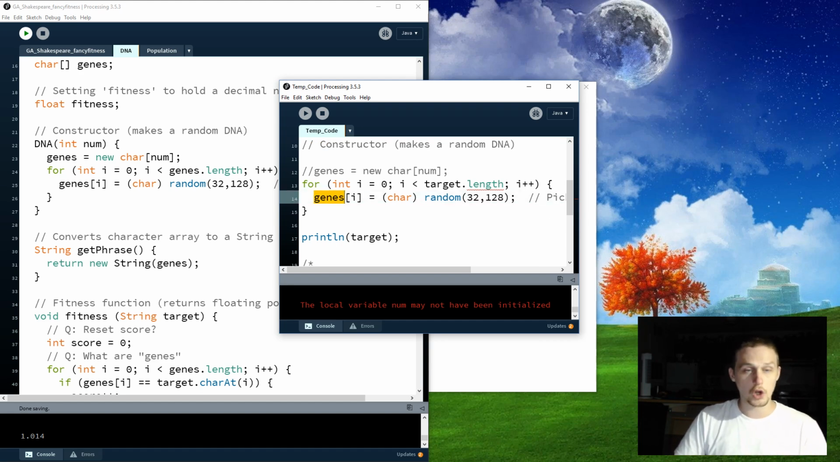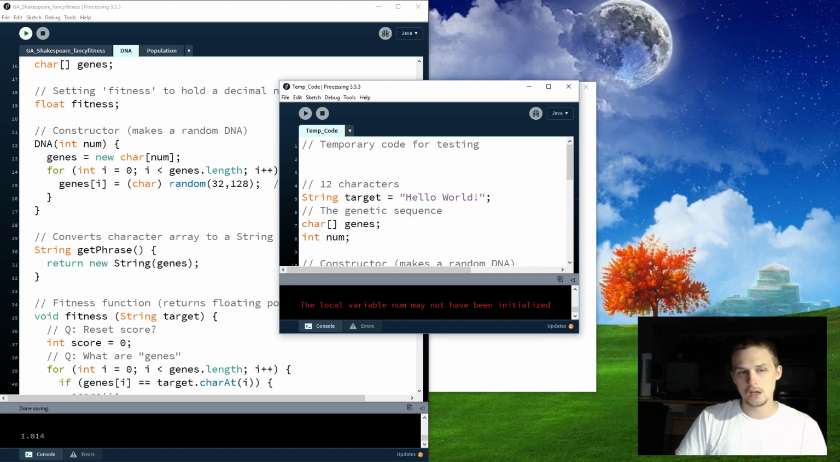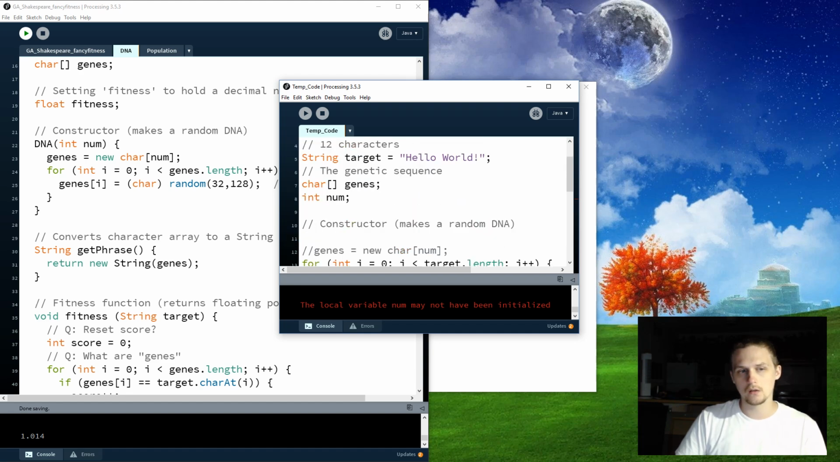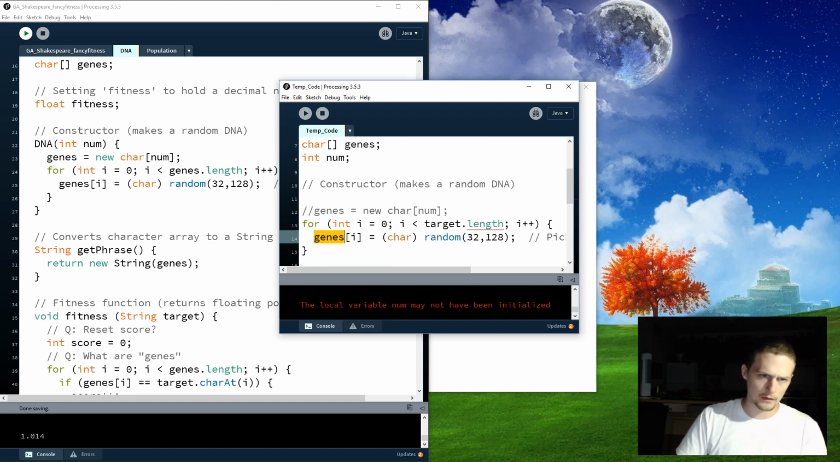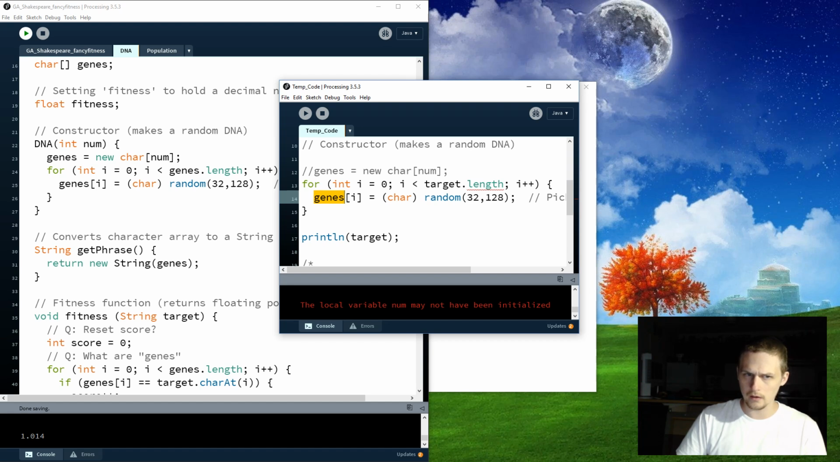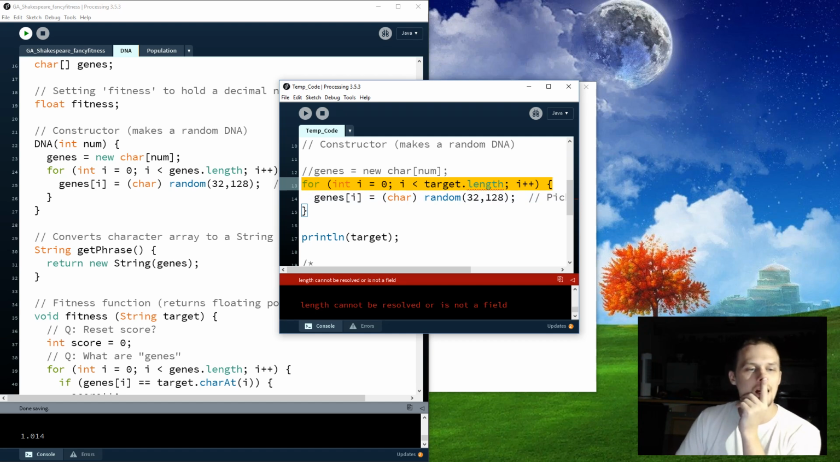So if I do genes, how do I make it into an array list? I guess I did make it into an array list. So equals character random, save, play. What is dot length? Cannot be resolved or is not a field. So the question I would have is,